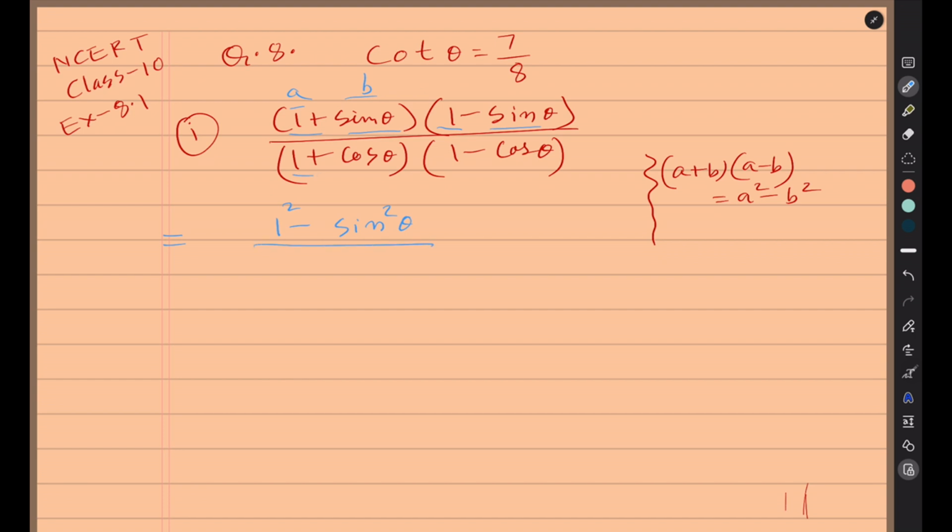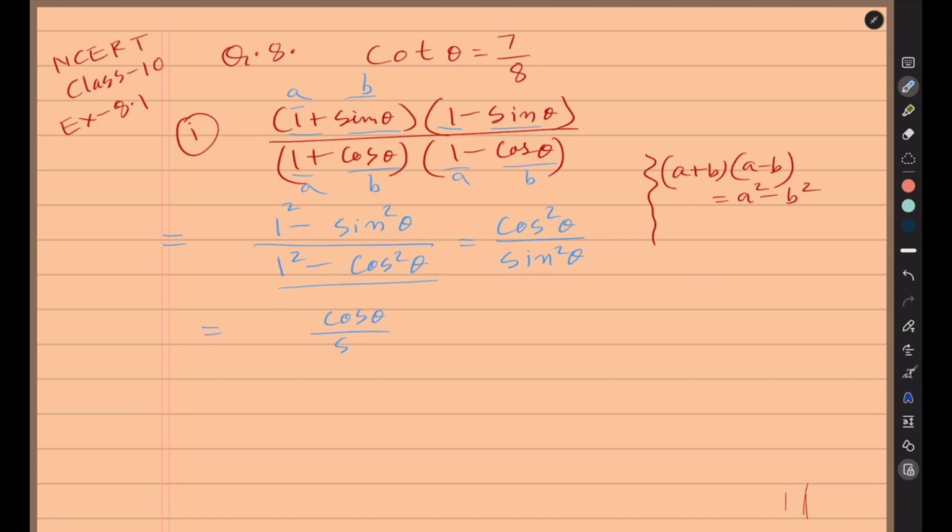Similarly, if we think of this as a and this as b, then this will also be a square minus b square. Now what is 1 minus sine square theta? It is cos square theta. And what is 1 minus cos square theta? It is sine square theta. So then we get